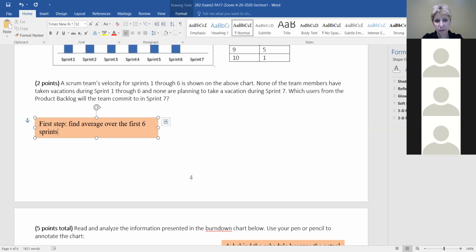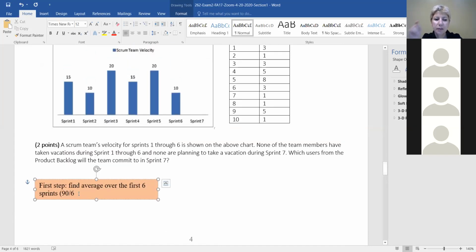The first thing I did is I added up all the sprints and divided by 6. Yes. Go ahead, put the numbers in parentheses, divide by 6. You can scroll up a little bit so everyone sees the numbers. Perfect. Can you put them plus? So if everybody reviews this document without being here, they can know where you got them from. So just write 15 plus 10 plus 20 plus 15 plus 20 plus 10. Parentheses close at the end. Then equals to 15. Perfect. That's the first step Grant did,